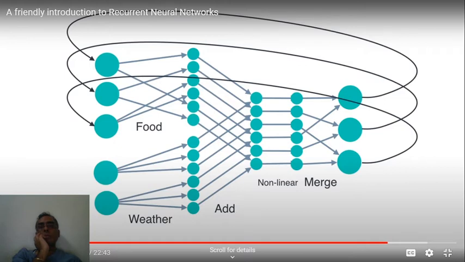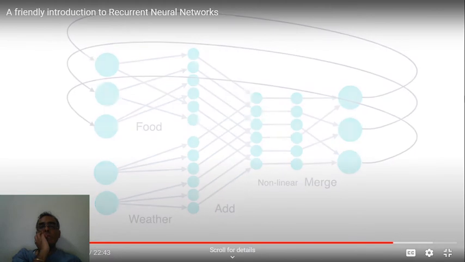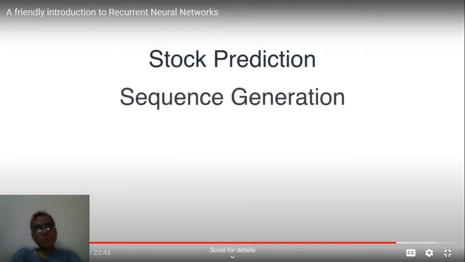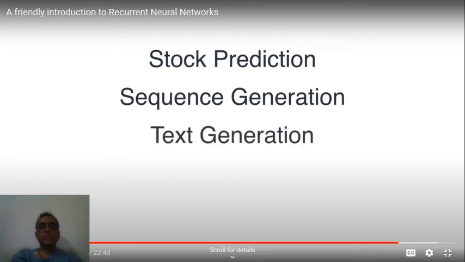In particular, they're very useful when your data is sequential. Whenever your data forms a sequence, and whenever the next data point depends a lot on the previous ones, then recurrent neural networks are good. An example of this would be stock prediction, right? Because the price of the stock per day depends a lot on the price yesterday and the price two days ago. It's a sequence generation, so anywhere your data follows a sequence, like text generation,